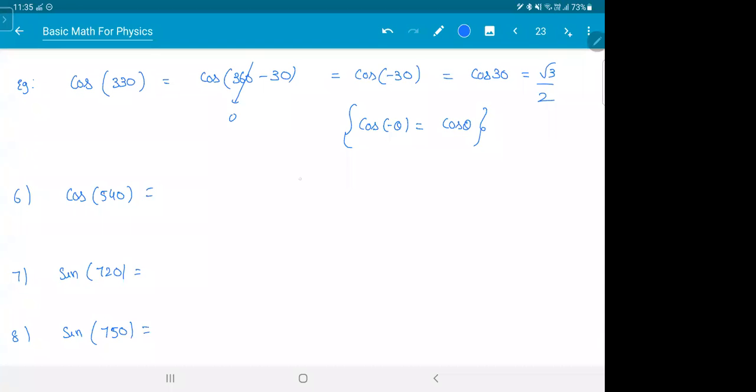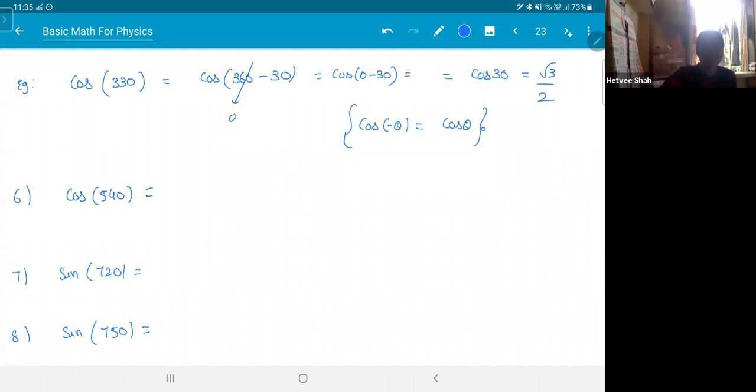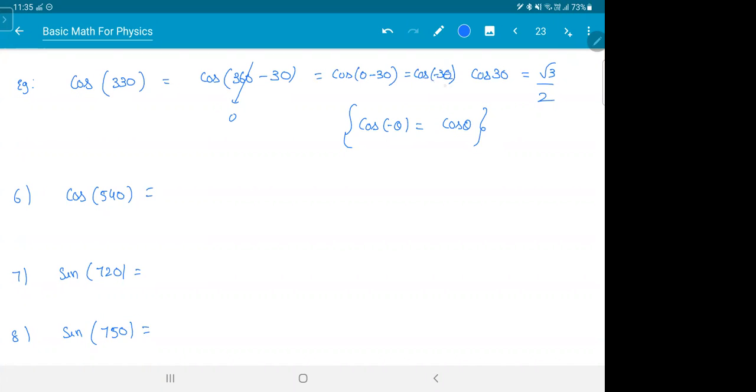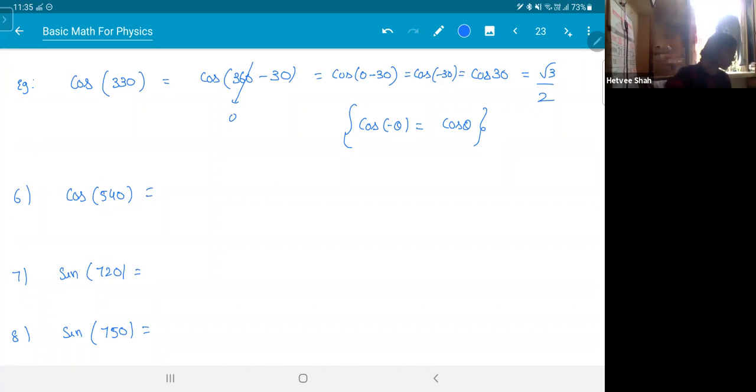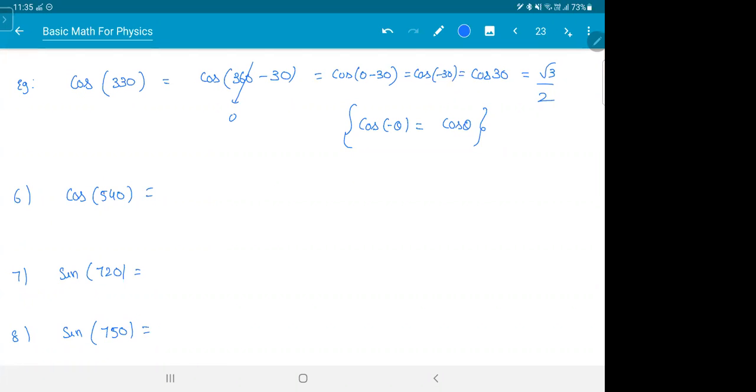No, that's what I'm saying. Now, whenever you have 360 degrees, it is as good as 0 degrees. So this is like cos 0 minus 30, na? Okay. Got it? So that is cos minus 30, na? Yes. That's what I was saying. So every time you complete 360 degrees, you can remove the 360 degrees as 0 degrees. So it is useless. Get this thing: 540, 720, and 750.